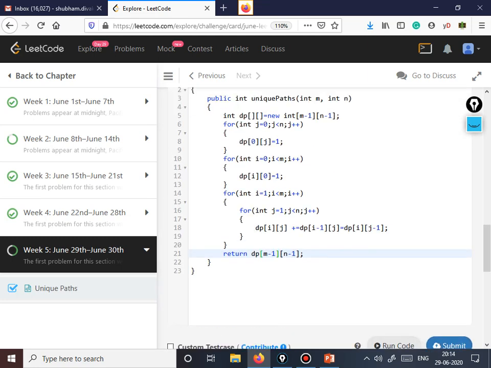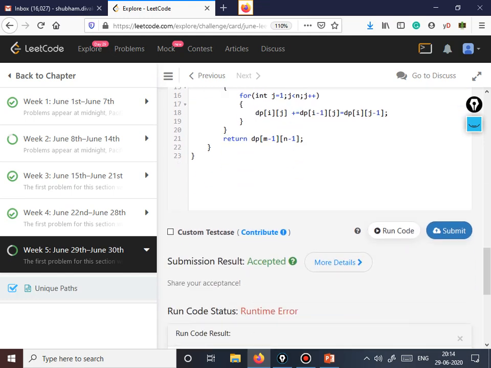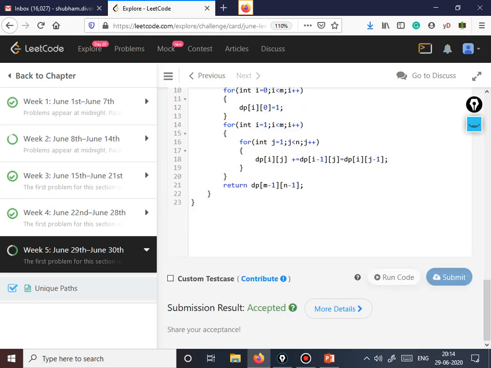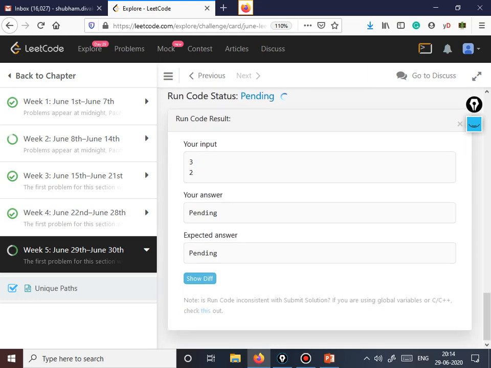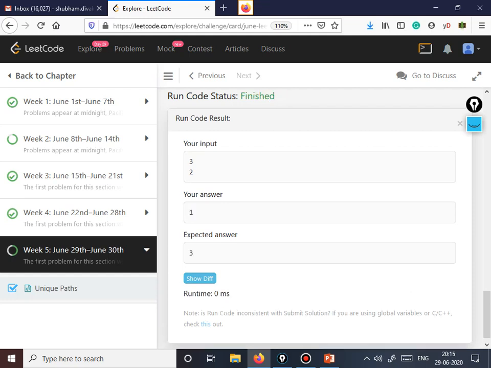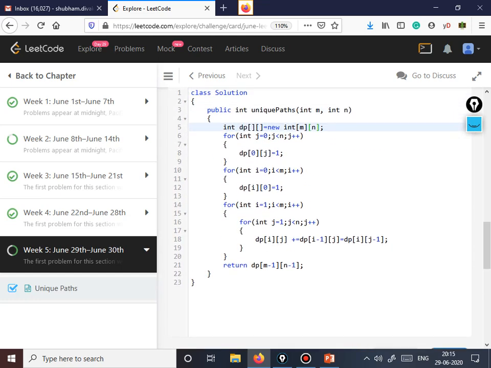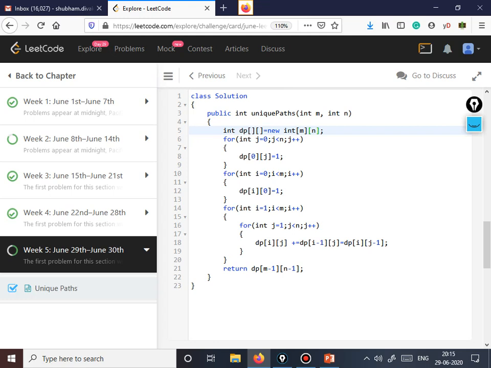Okay, this should be m, n, because we need to create an array of size m comma n, and not m minus 1 and n minus 1. Okay, the answer is 1. Expected answer is 3.